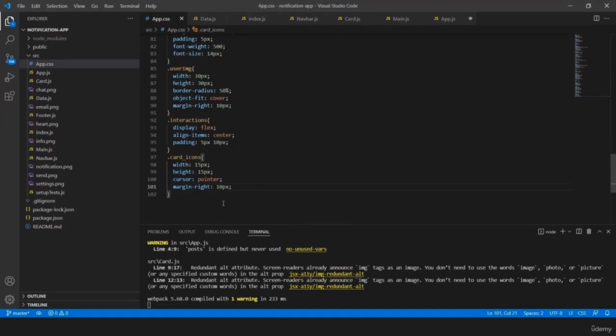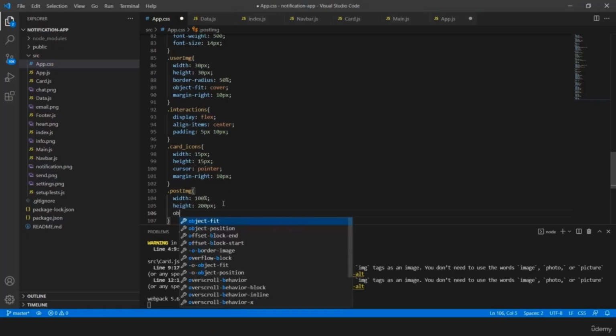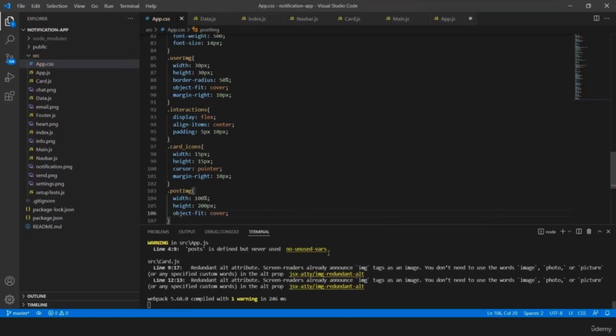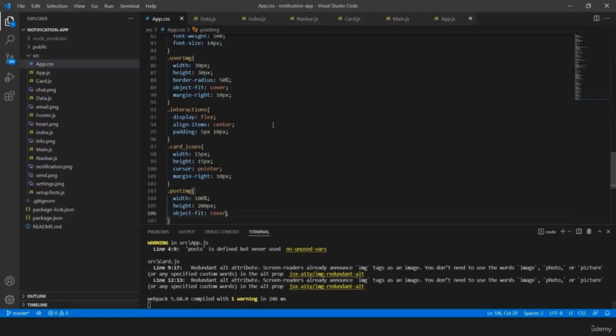So now let's design this post image. For that, we'll go to our app.css file. We'll target post image, and inside this post image, we will give it a width of 100% along with a height of 200 pixels and object fit cover. Now when we see this, we can see the pictures are perfectly aligned inside this notifications app. Yeah. So now let's give a functionality of the clicking part of the like button, and for that we will